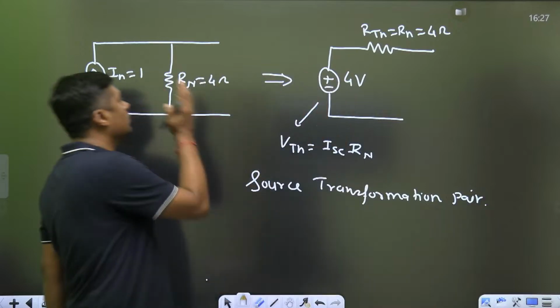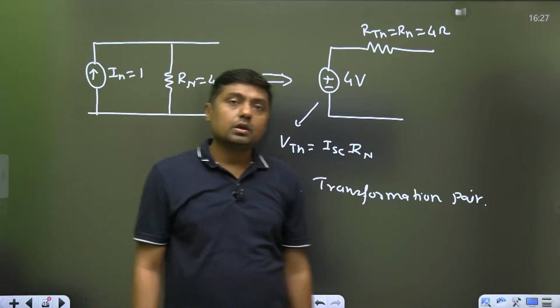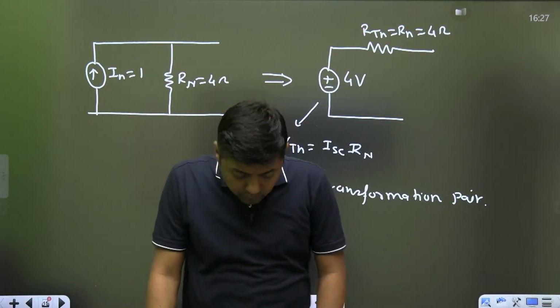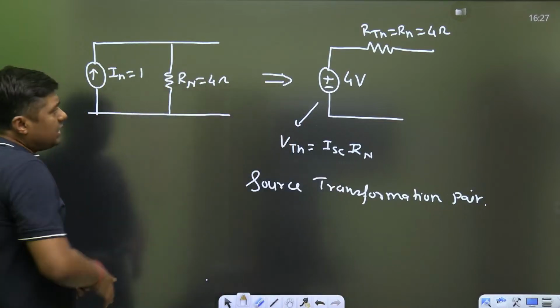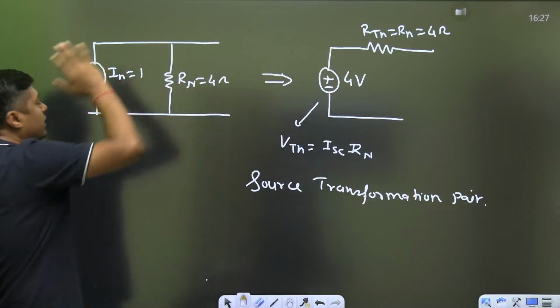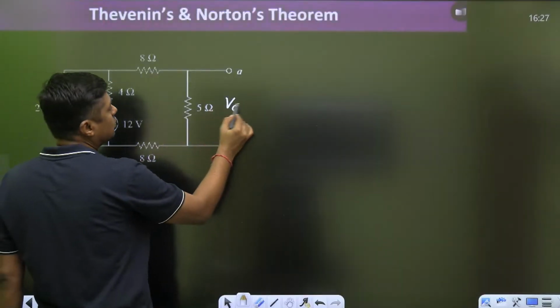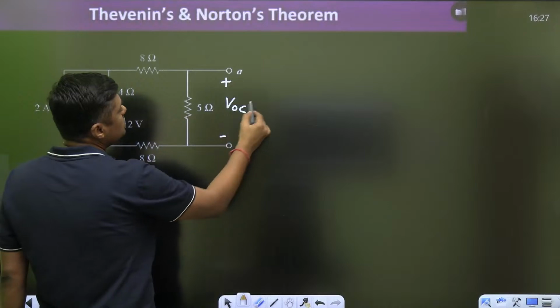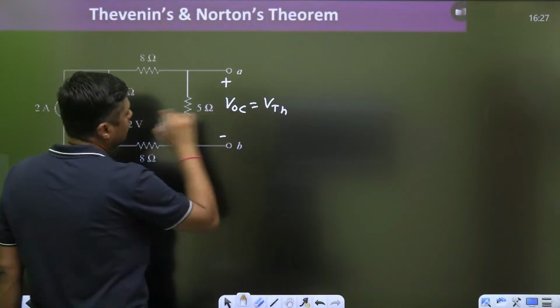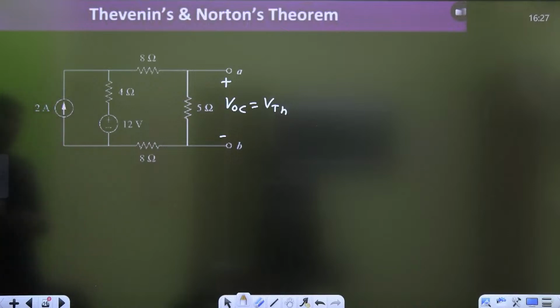तो आपको ये, this is the Norton's equivalent and that is what? Thevenin's equivalent. Now can we verify it? Or similarly, if you have the Thevenin's, you can find the Norton's. 4 divided by 4, you will get the 1 ampere. But we have to verify whether we are getting VOC 4 volt, yes or no. VOC, VTH 4 volt. Now watch this. How can we find it? Simply,